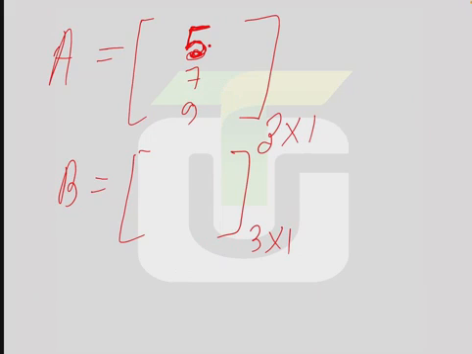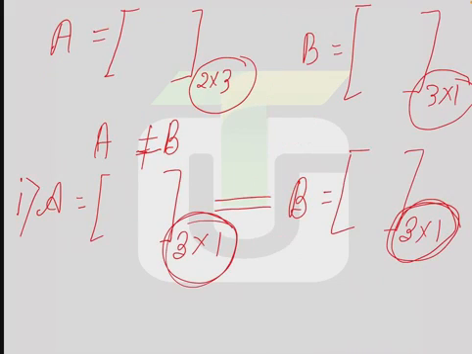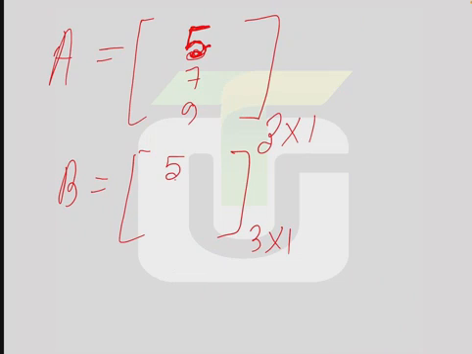That means this is the first element, so here B's first element will be equal. That means here 5, so the element of matrix B will be 5, right? Here 7, so 7. Here 9, so 9. Okay. It has to be like this: the corresponding elements must be the same and the order must also be the same, right? Then we can say that two matrices are equal, right? So now we can say that A is equal to B.